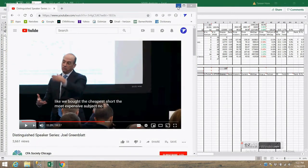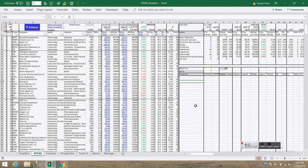Well, as Joel just mentioned there, one of the goals of this approach is to reduce tracking error. But something to keep in mind when thinking through building this kind of portfolio is you don't want to overfit or get too close to the S&P 500 index in terms of your investments and the weighting of your investments, because then you just become what's called a closet indexer or an index hugger. So you want to track the index close enough so that you don't drastically underperform the index, but giving yourself enough uniqueness about your portfolio that you have a real opportunity to outperform